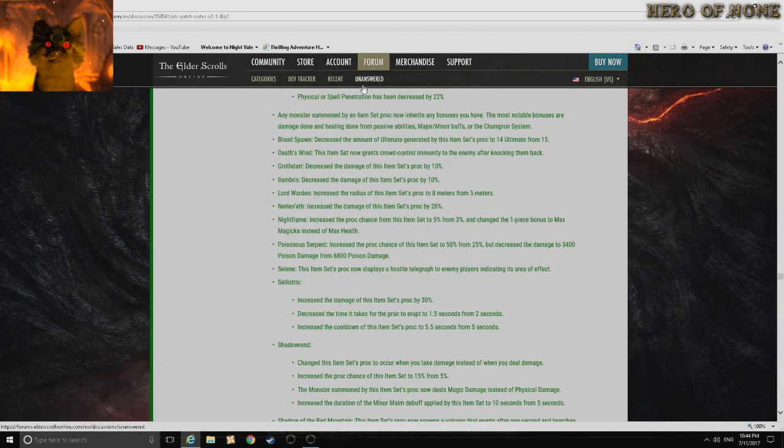Any monster summoned by an item set now inherits any bonus you have. Most notable bonuses are damage done and healing done from passive abilities, major and minor buffs, and or the champion system. Minor despawn. Decrease the amount of...